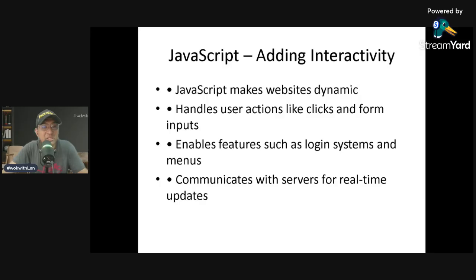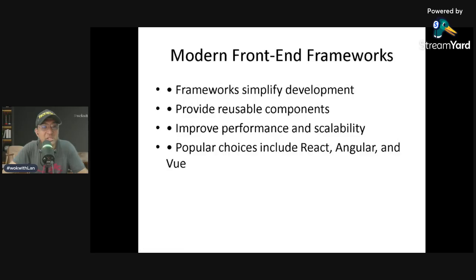However, as websites became more complex, developers needed better tools. This led to the creation of JavaScript frameworks. Nowadays, it is quite evolving. Frameworks help developers build applications faster and more efficiently.